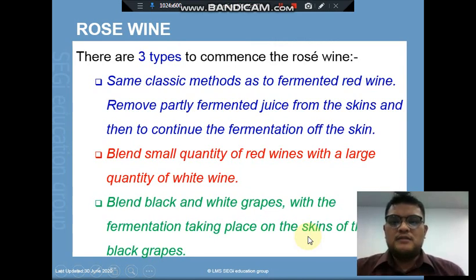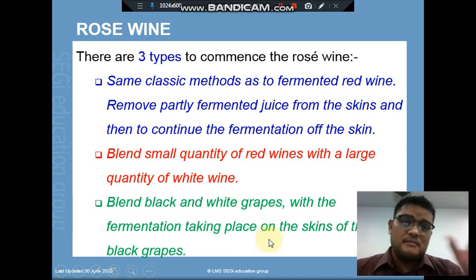Guys, for rose wine, you can find a few definitions, but the most popular definition, or the most popular type of rose wine, is number 3, in which you use a combination of black and white grapes with the black grape skin on. White grapes plus black grapes, and the black grapes are skin on, so it will produce what we call